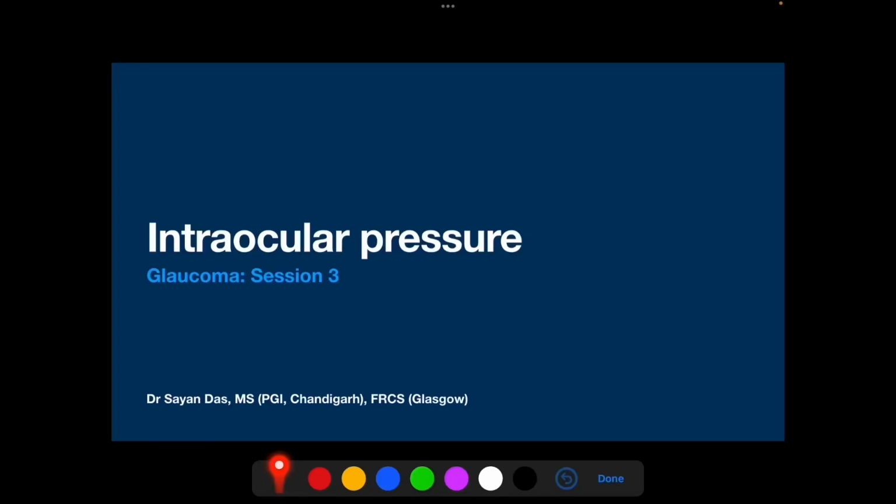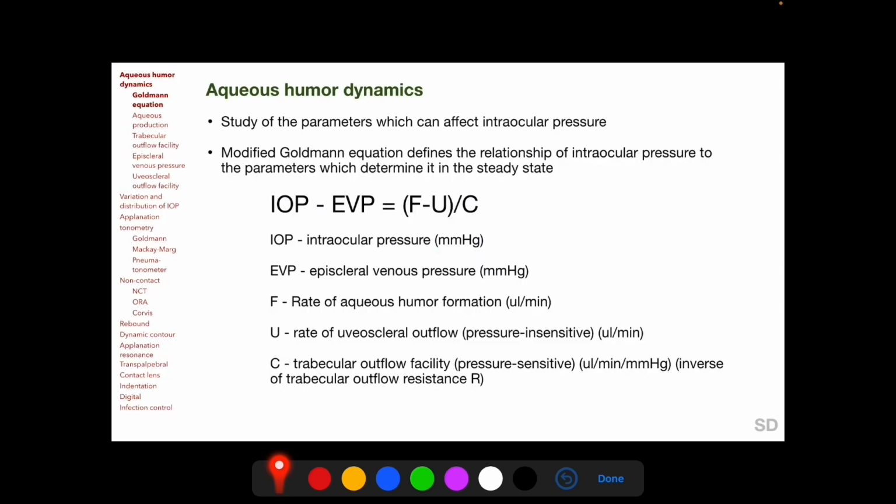Welcome. In this session, we'll be discussing intraocular pressure. Although intraocular pressure is a part of clinical evaluation of glaucoma patients, or for that matter, a part of routine ophthalmic examination, we'll be discussing intraocular pressure separately before going into clinical evaluation for glaucoma, because intraocular pressure in itself is a big topic, as there are a large number of physiological and pathological factors which may influence intraocular pressure,